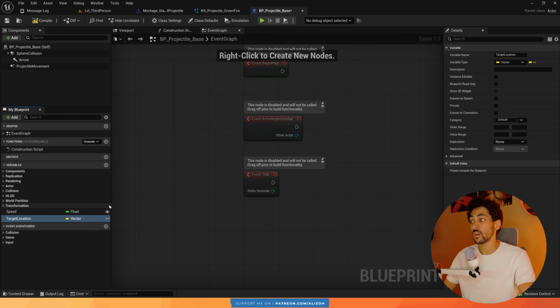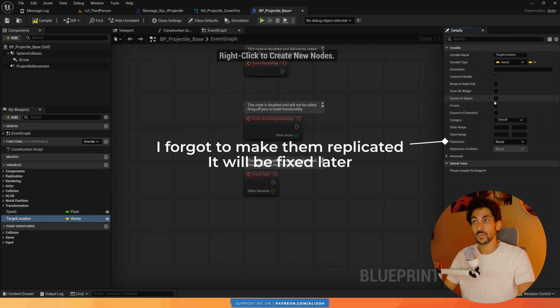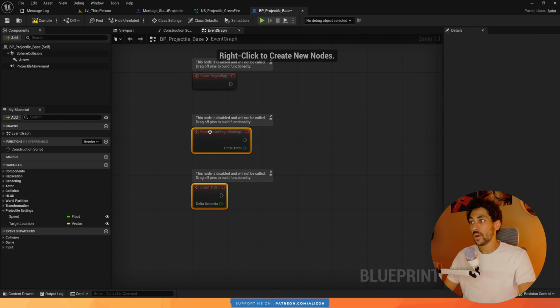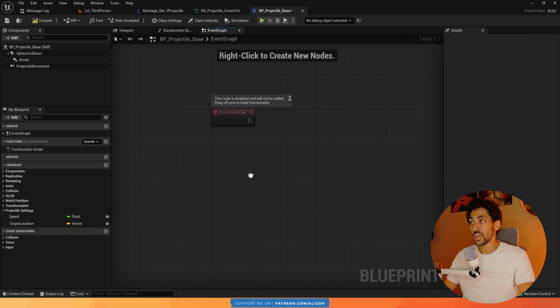So where are we spawning this projectile towards? And this is also editable and exposed on spawn. And let's give them categories. So let's call these the projectile settings category. And let's put both of them in this category. Excellent. So we now have speed and location, which means that as soon as we start, we can set our